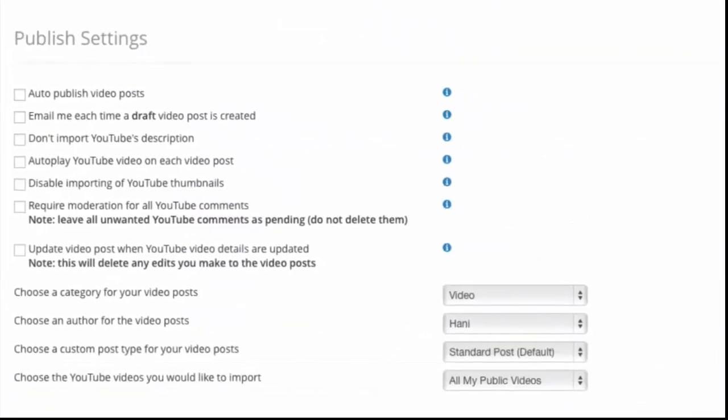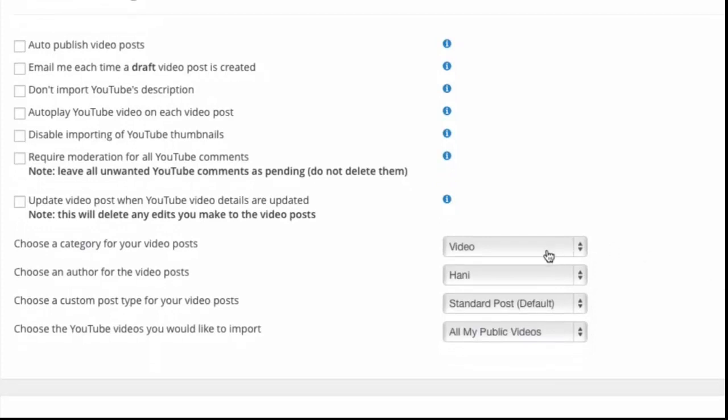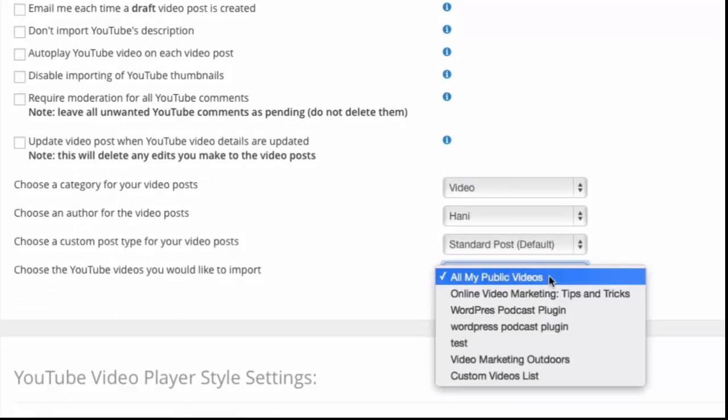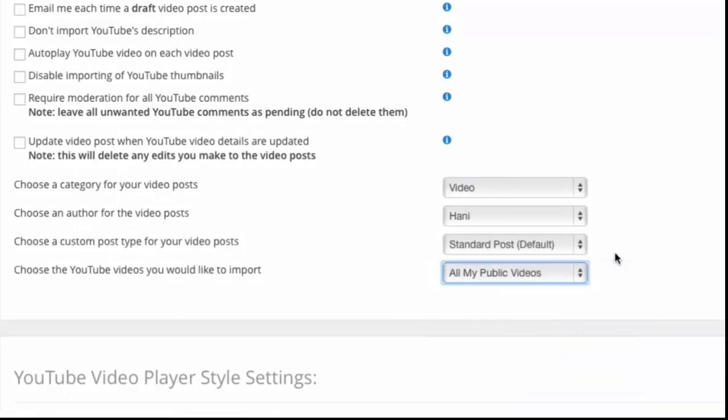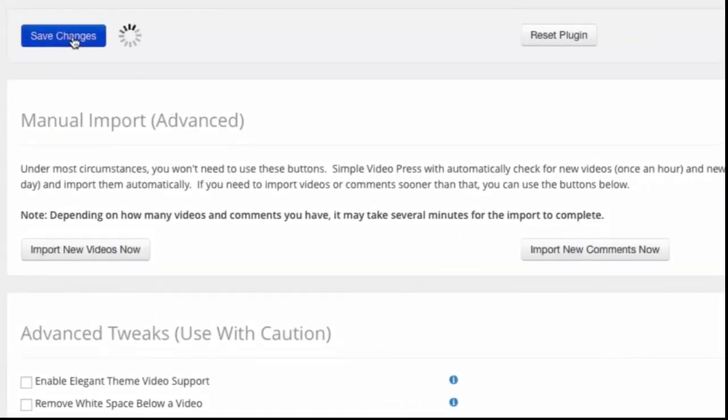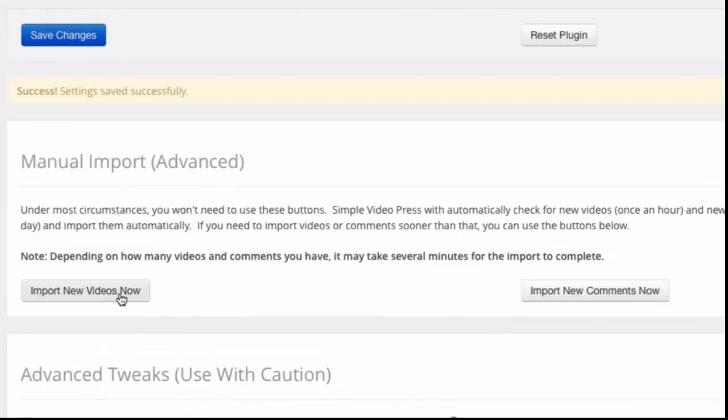Once you have your YouTube channel connected to the plugin, it is simple from here. You go to the settings page under Simple Video Press, and the only choices you need to make right now are whether you want to auto-publish your videos or keep them as draft. Choose a WordPress category that you want to assign these video posts to, and decide whether you want all your videos imported or specific playlists from your YouTube channel. And that's it. You go down to the bottom, you go ahead and save your changes, and you click import